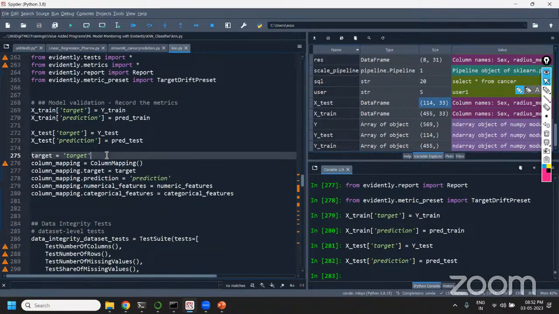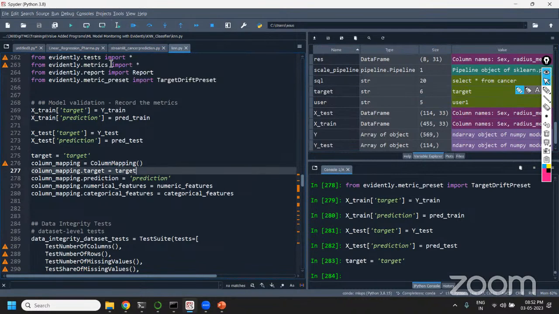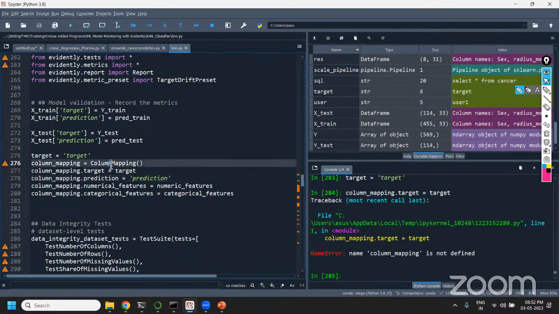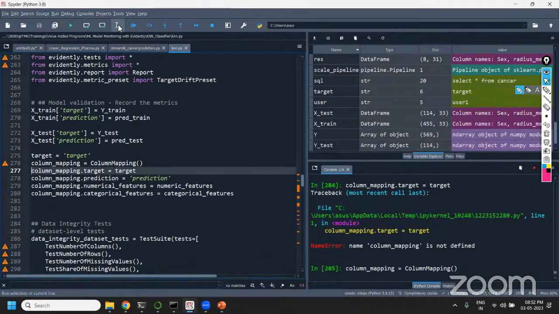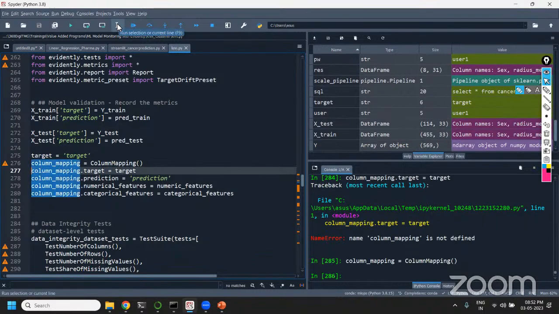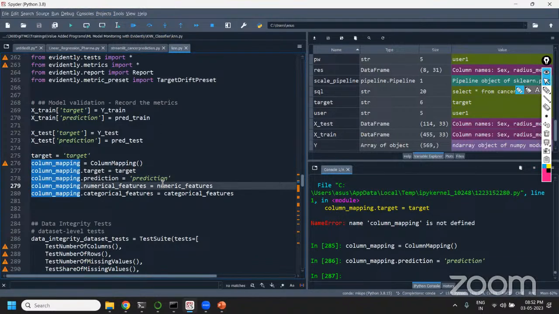Next, I'm calling my target as target only. I'm loading that as target. This is a function called column mapping. We'll basically have to map all the columns, right? What is target, what is predicted value, what is input, and all that. So from that perspective, I'm defining the target and